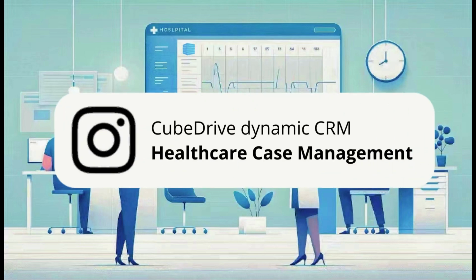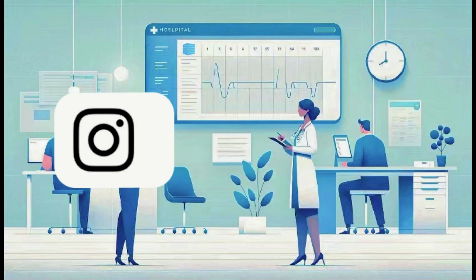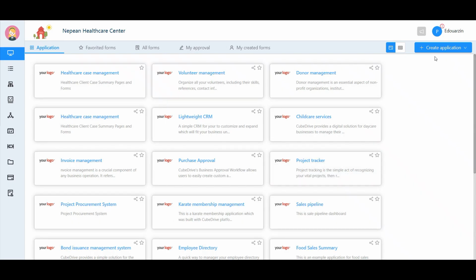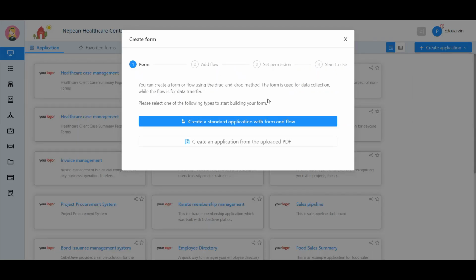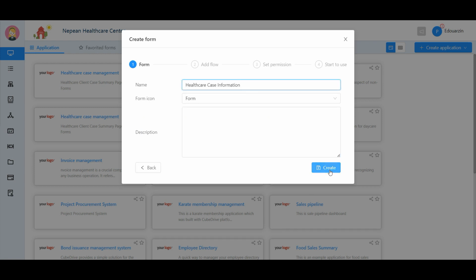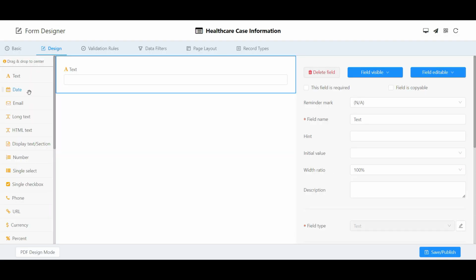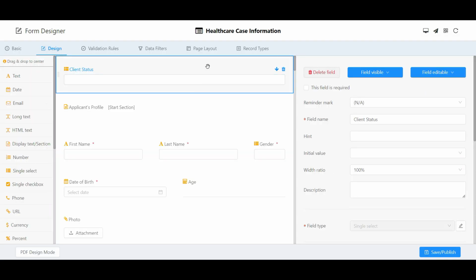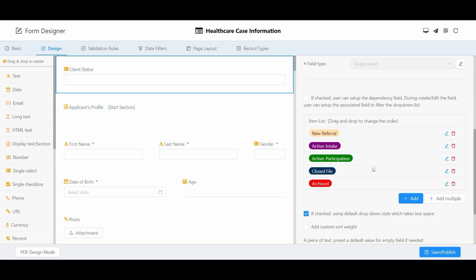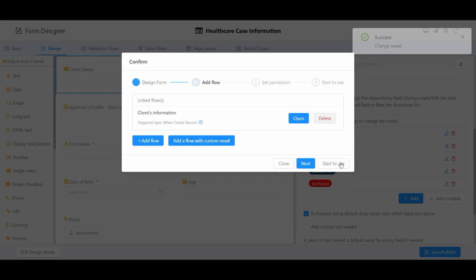CubeDrive offers a drag-and-drop solution for customers to develop a healthcare case management system. Customers can log into the system and click Create Form to begin building their case management system. The intuitive drag-and-drop interface allows users to create the forms as their specific business needs, add data filter, create page